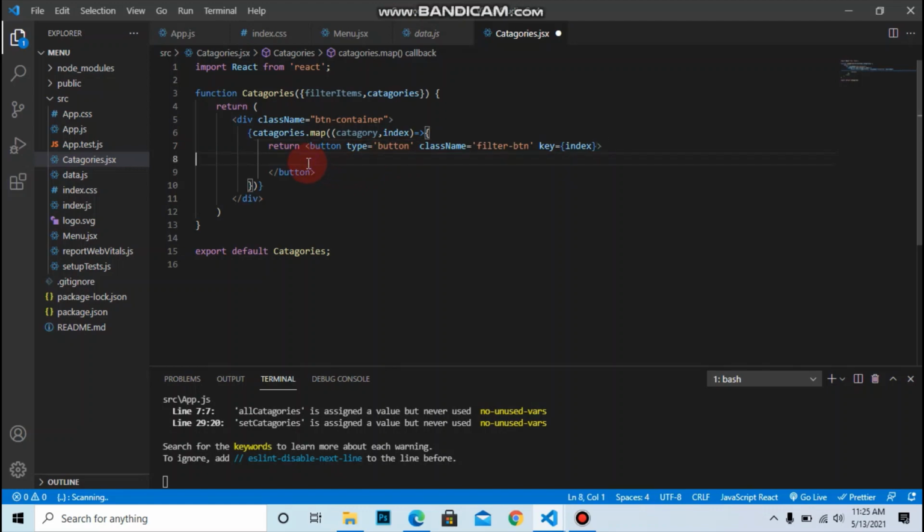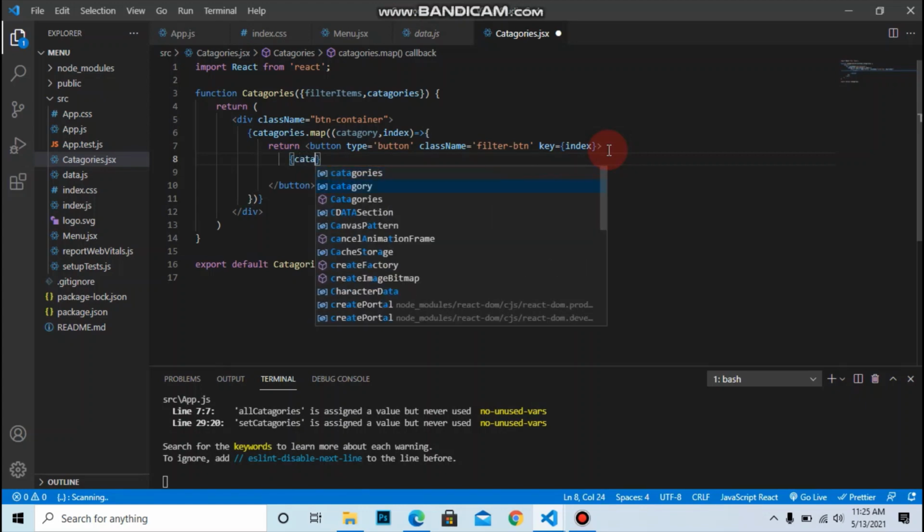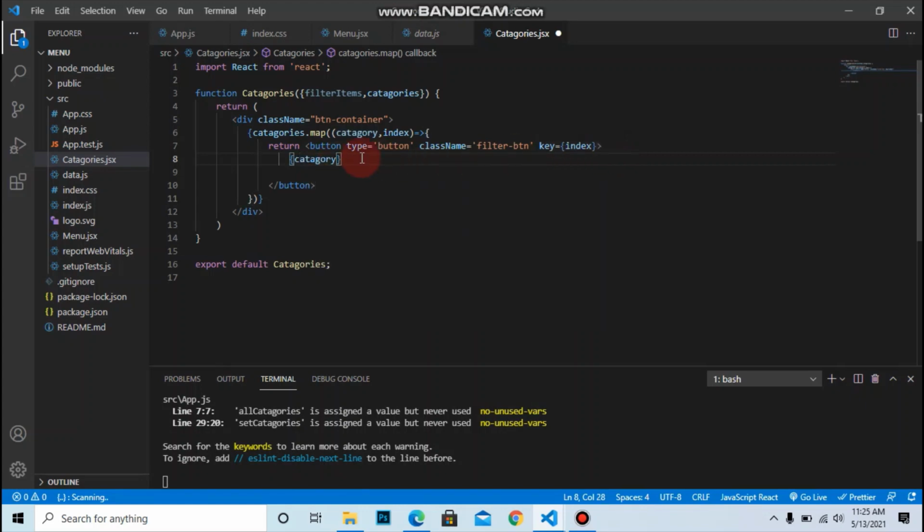Inside the button let's insert the category, and at last we pass the onClick event to the button equals to, and after that we pass the filter item as a category.